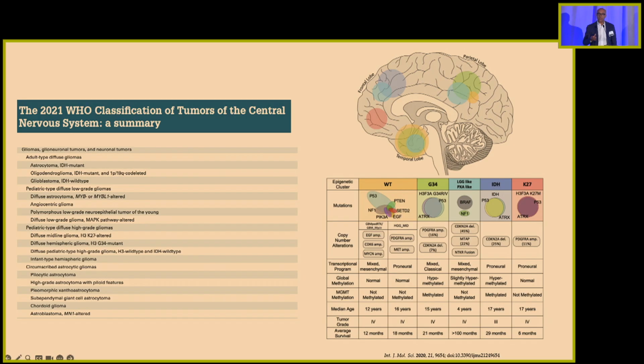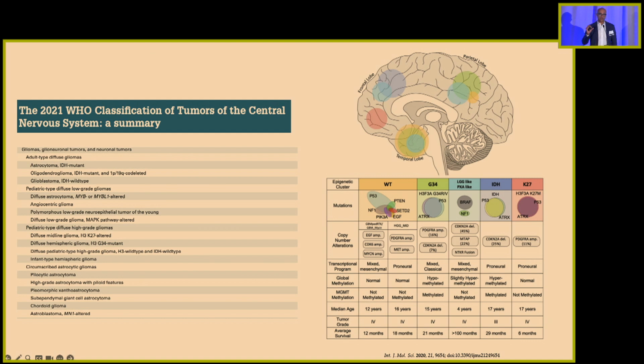is that now we think of diffuse gliomas as coming in two different flavors. There are adult-type diffuse gliomas and pediatric-type gliomas. And fundamentally, one of the great differences between the two is that many of these diseases that we see in our younger patients are driven by a particular mutation. That paradigm has changed a little bit since 2021 because of INDIGO. We now think of IDH in that same manner.